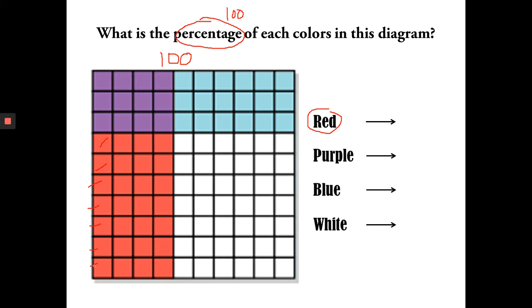So 7 times 1, 2, 3, 4, because there are 4 rows here. So 7 times 4 is 28. Okay, 7 times 4 is 28. If you're not sure with your answer, you can count that one by one. Okay, so since that's 28,